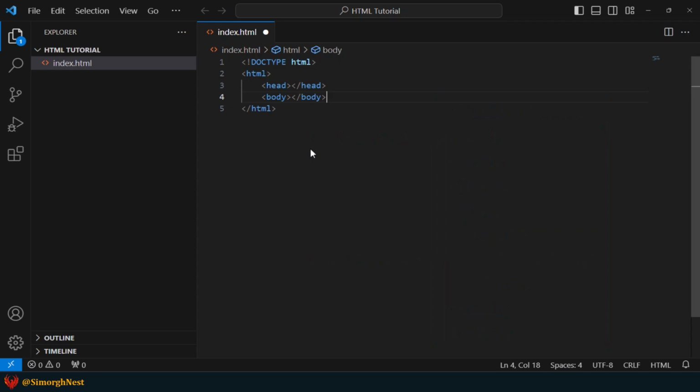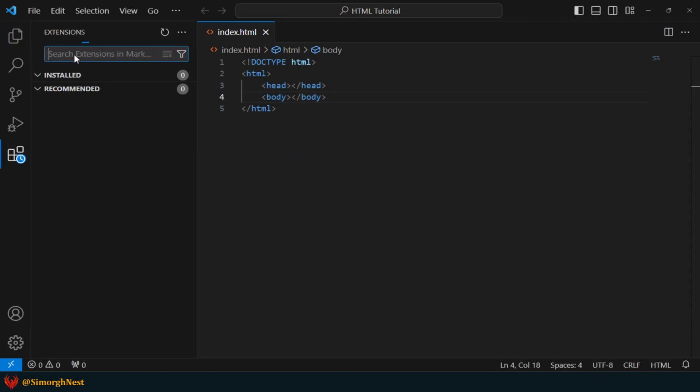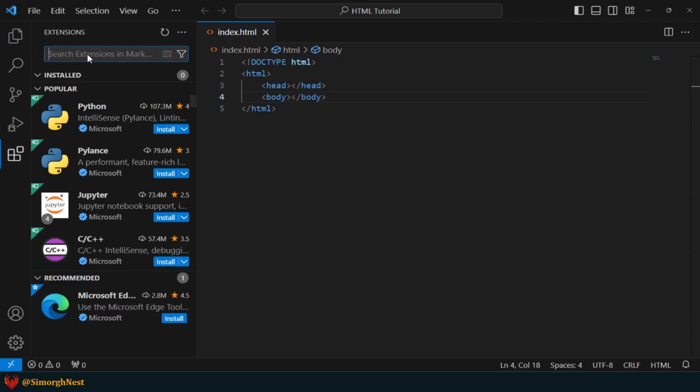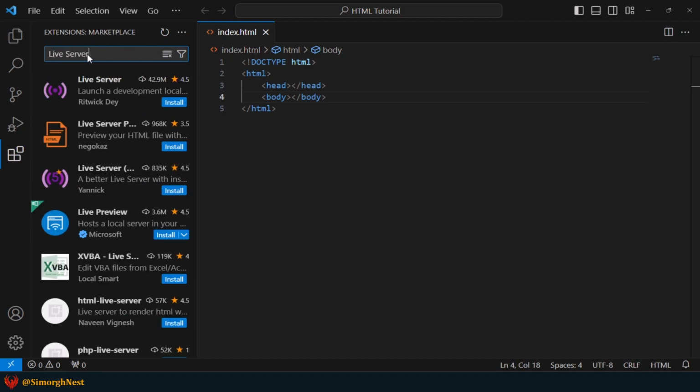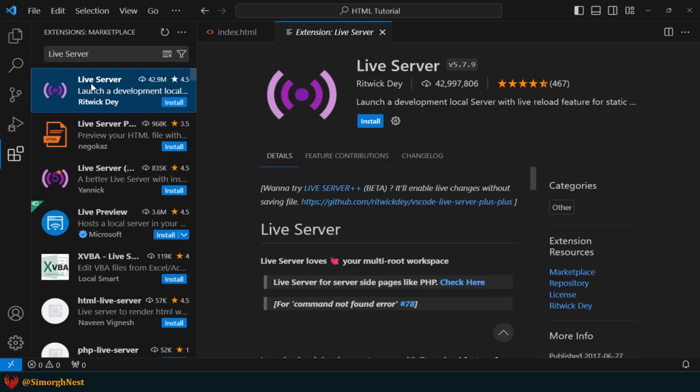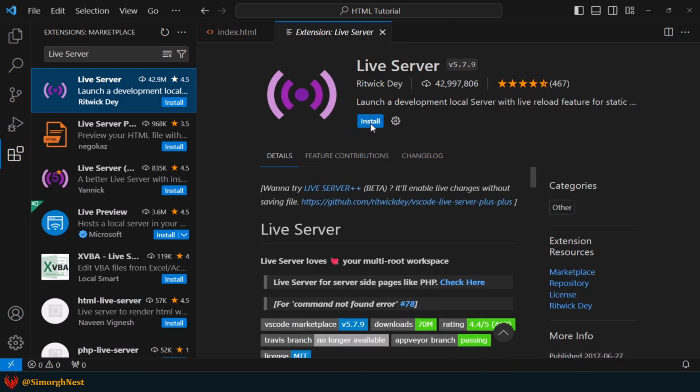Alright, now it's time to open this document in the browser. In order to do this, we should use an extension named LiveServer. We can access the VS Code extensions by clicking on this icon. Here, as you can see, there are many extensions available to enhance the functionality of VS Code. To find the LiveServer extension, in this box, search for LiveServer. Now, to download and install the extension, click on the Install button.